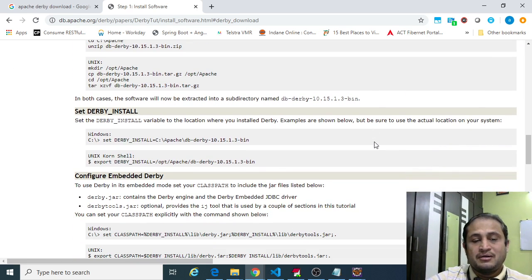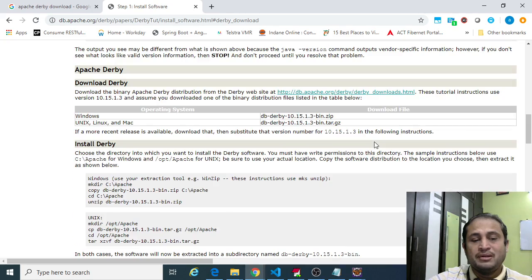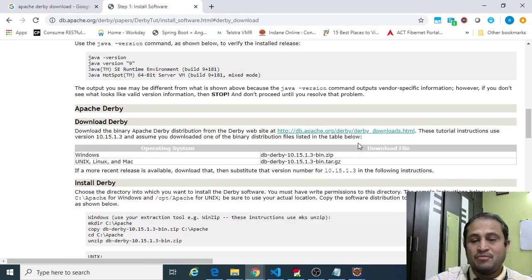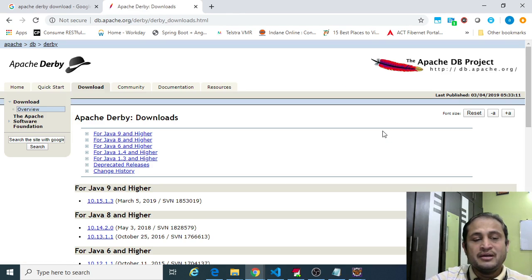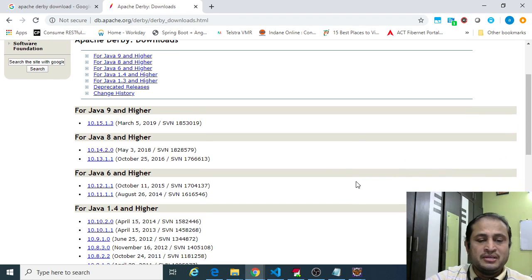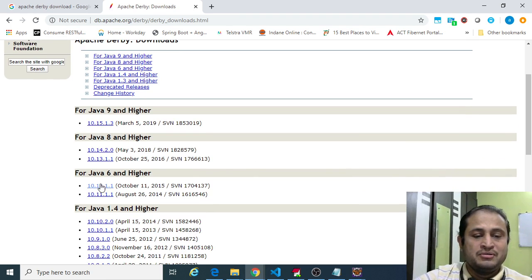In the download Derby page, they have given some instructions, and if you go further, there is a download.html. If you click there, it gives you the different versions of Derby. The only thing is you need to choose based on which Java JDK you are using.